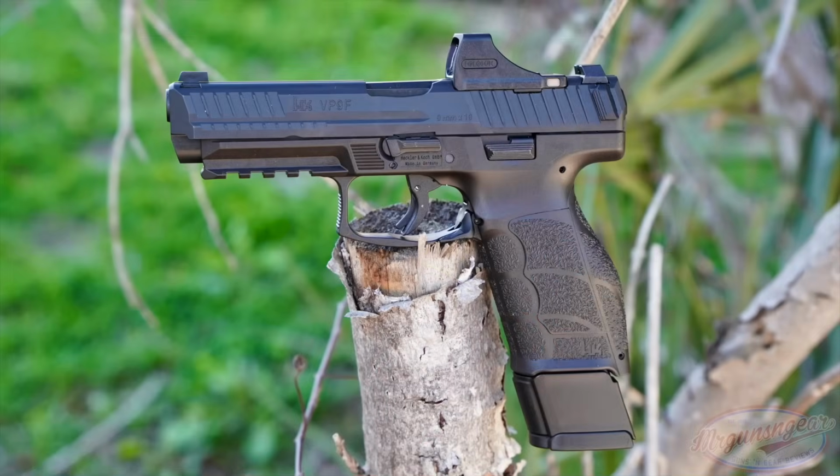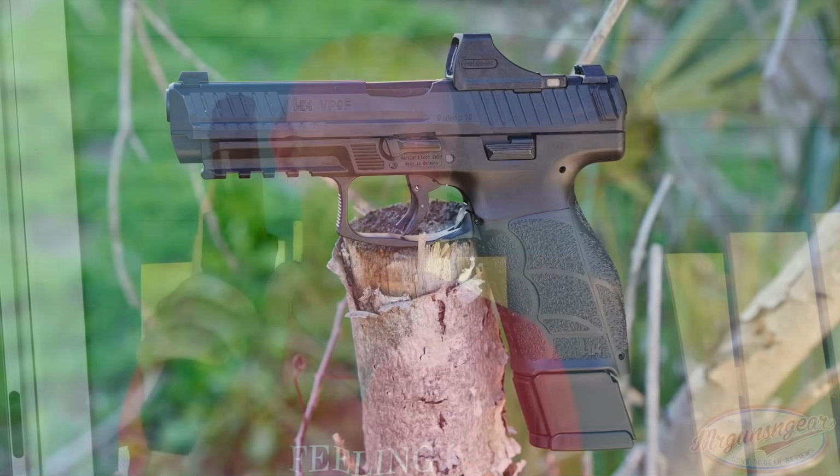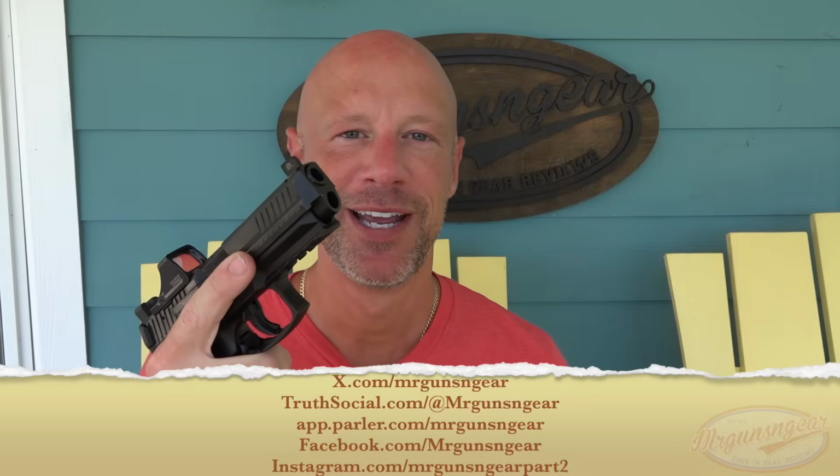Welcome back, everyone. As you probably guessed from the thumbnail and the title, this is the firearm that we are going over here today. This is the H&K VP9A1 F. So there's a lot there in that name. Let's break it down for you in terms of what that all means before we get into the details of